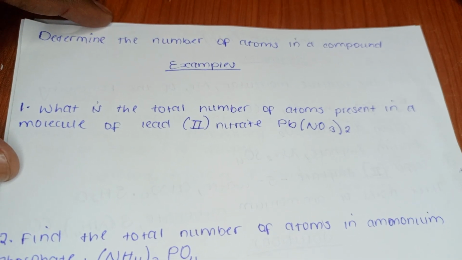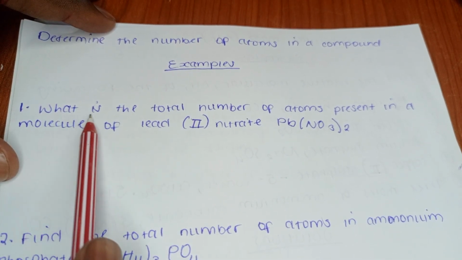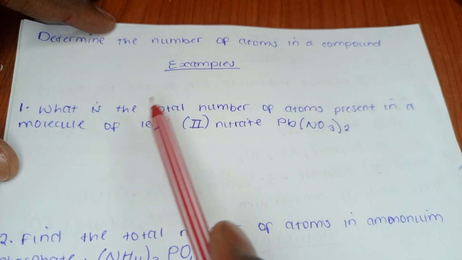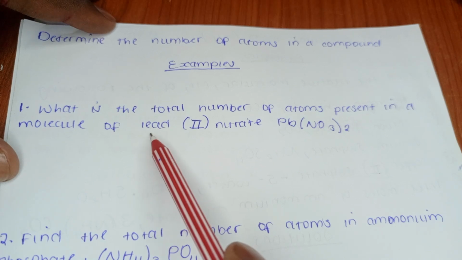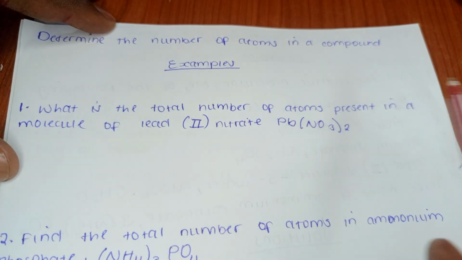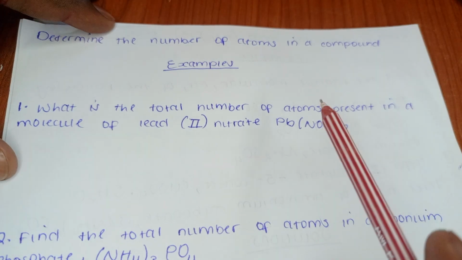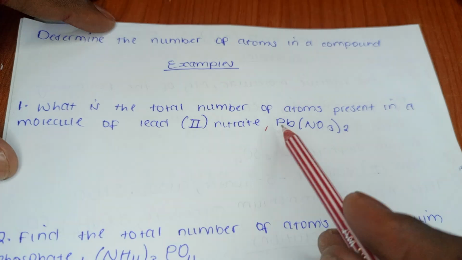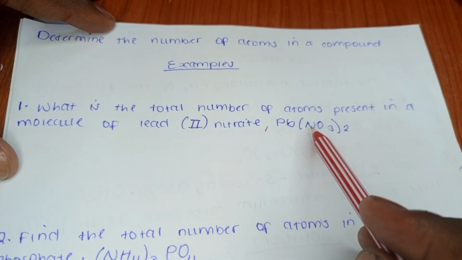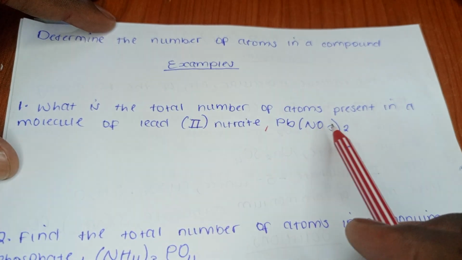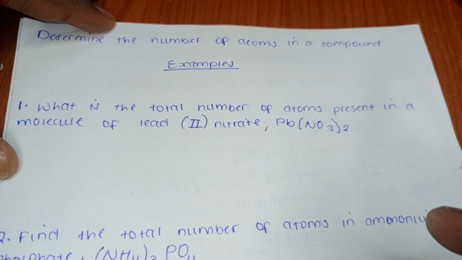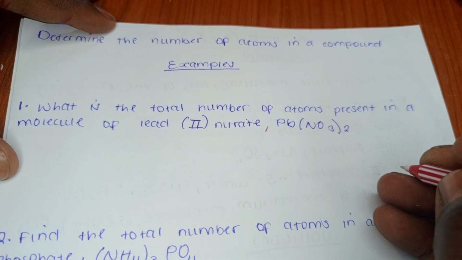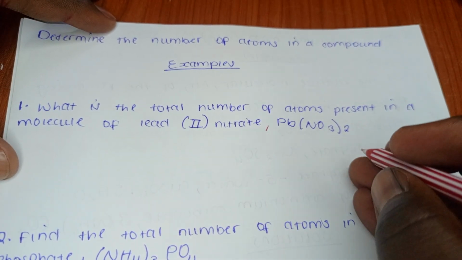The question reads, question 1, what is the total number of atoms present in a molecule of lead(II) nitrate? The formula for lead(II) nitrate is given, as you can see. It's Pb(NO3)2. So they want us to find the number of atoms present in this molecule. So what we need to do,